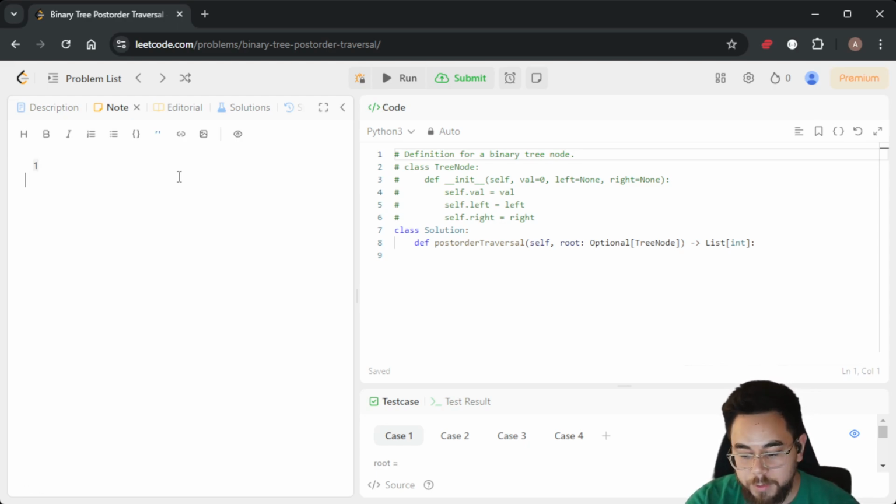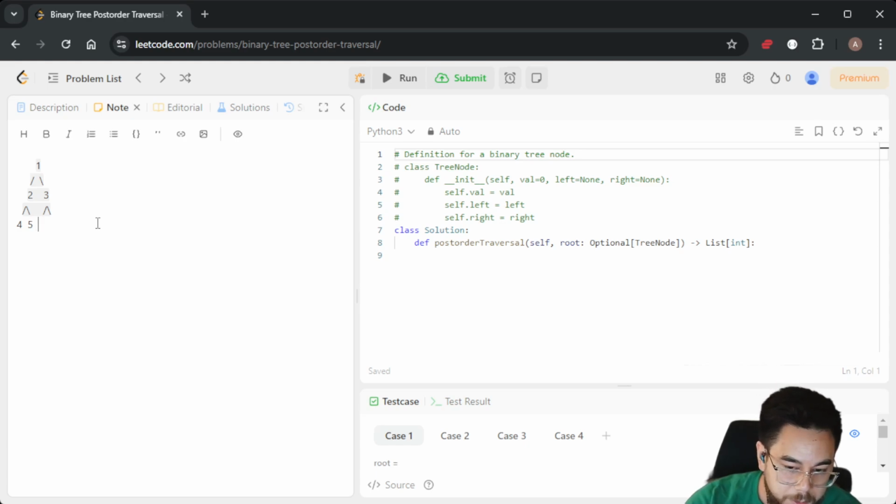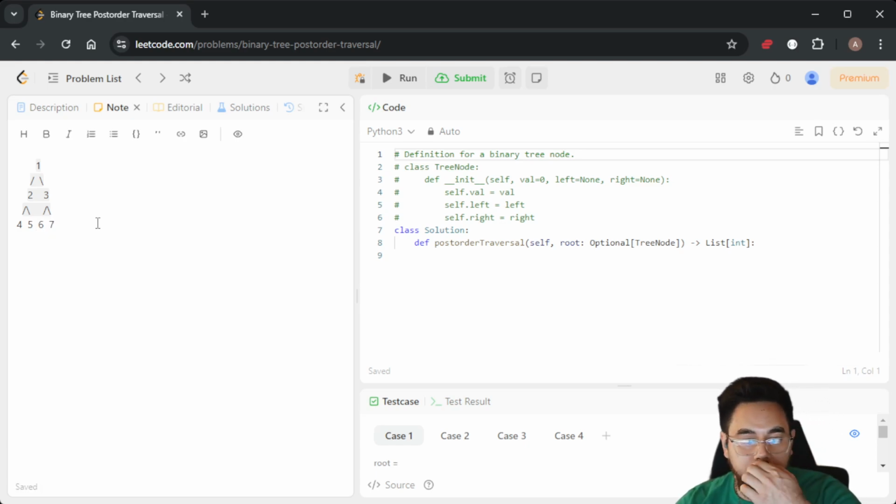let me see if I can draw this out. I haven't done one of these in a notepad in a while. Just do like 3. Move these over a little bit. 3, 4, 5, 6, 7. So if we have a tree that's just a classic 3 layers, 1, 2, 3, 4, 5, 6, 7 nodes, the post-order traversal of this binary tree